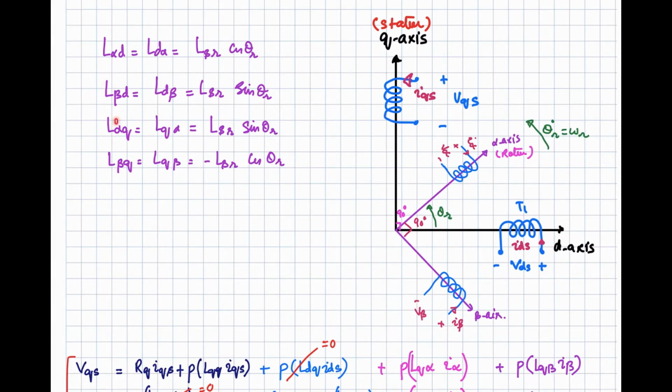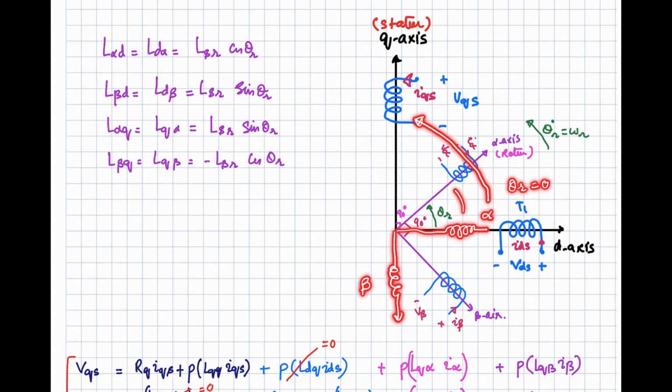Similarly, now looking for alpha and the q. We are looking for the alpha axis winding linked with the q axis winding, or the effect over the q axis because of this alpha axis winding. Again, considering the reference point, let's suppose the alpha is over here and the beta is over here, this is the reference point when theta r is 0. So what about the effect of the alpha axis over the q axis? They are perpendicular, so it should be 0.